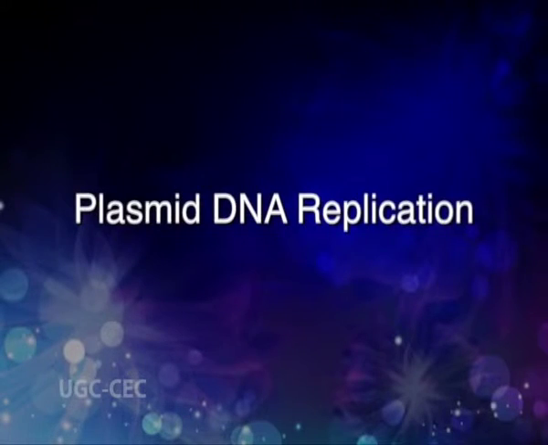Plasmid DNA replication. The replication origin is a specific DNA sequence of 50 to 100 base pairs that must be present in a plasmid for it to replicate. Host cell enzymes bind to the ORI, initiating replication of the circular plasmid. Once DNA replication is initiated at the ORI, it continues around the circular plasmid regardless of its nucleotide sequence. Thus, any DNA sequence inserted into such a plasmid is replicated along with the rest of the plasmid DNA. This property is the basis of molecular DNA cloning.